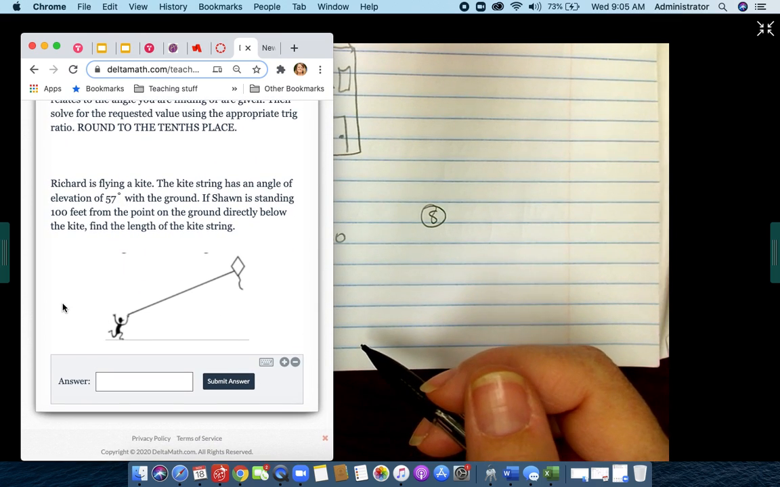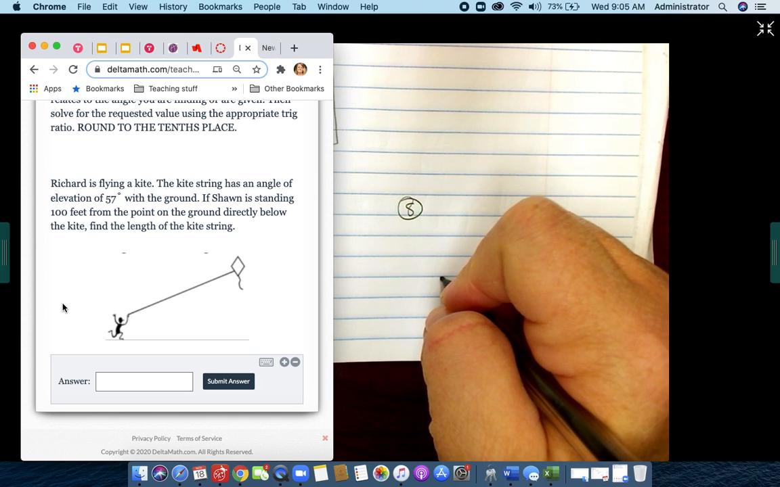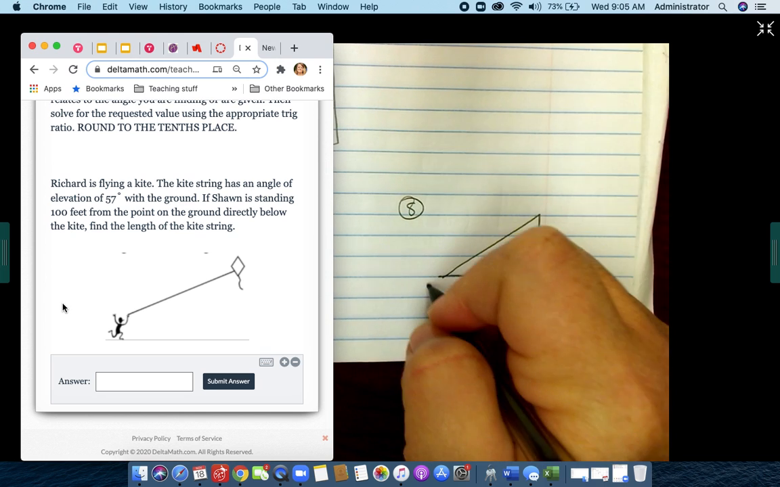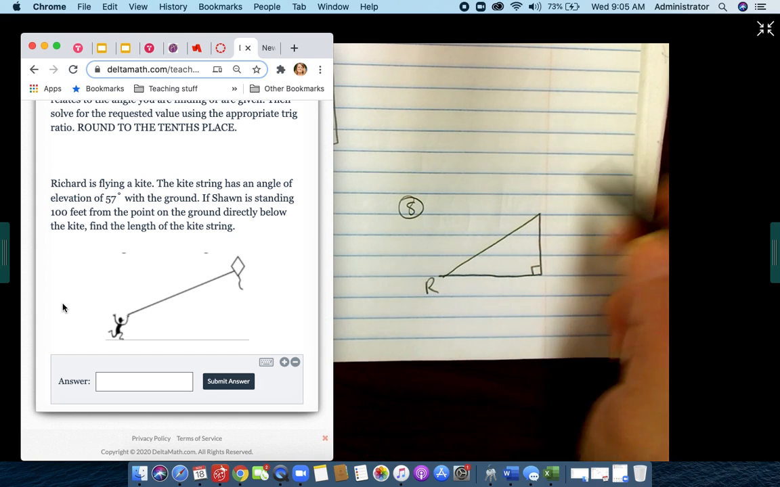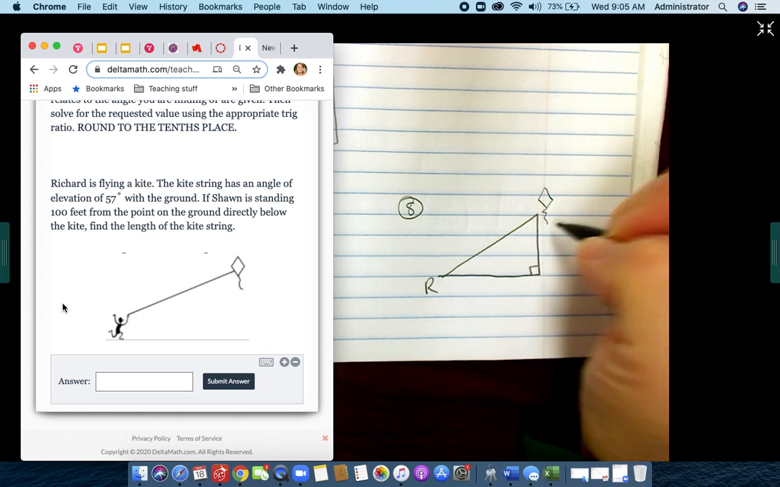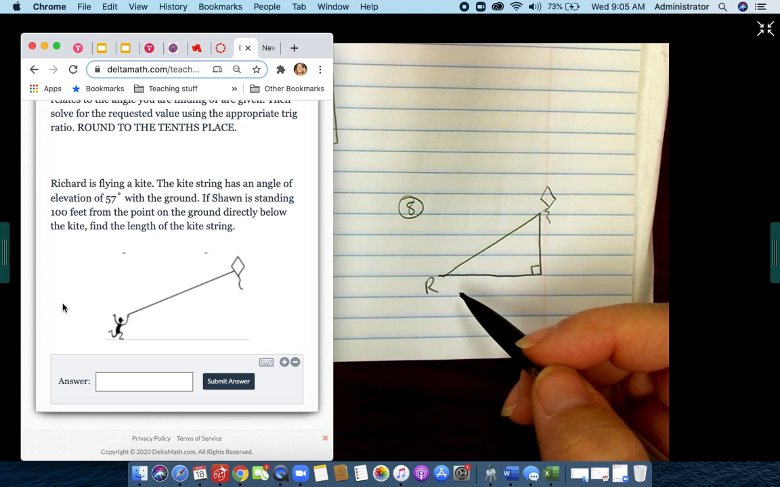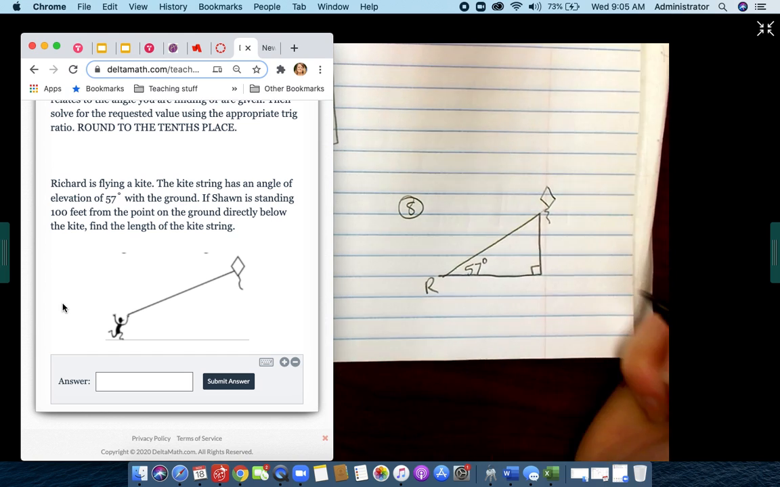So we've got here that Richard is flying a kite. So Richard, so think about your triangle. We got Richard chilling down here, and he's flying a kite. So it says the kite string has an angle. So this is our kite string, right? Because if the kite is up here, then the string is from here to here. And it says, if the kite string has an angle of elevation of 57 degrees, so that's going to be down here at the bottom,